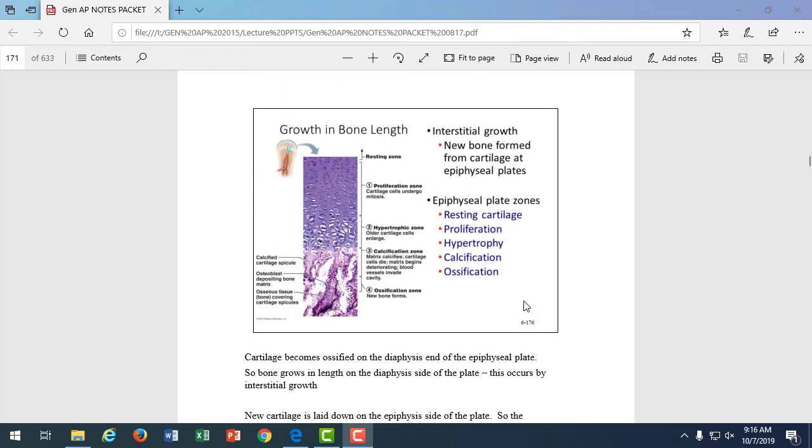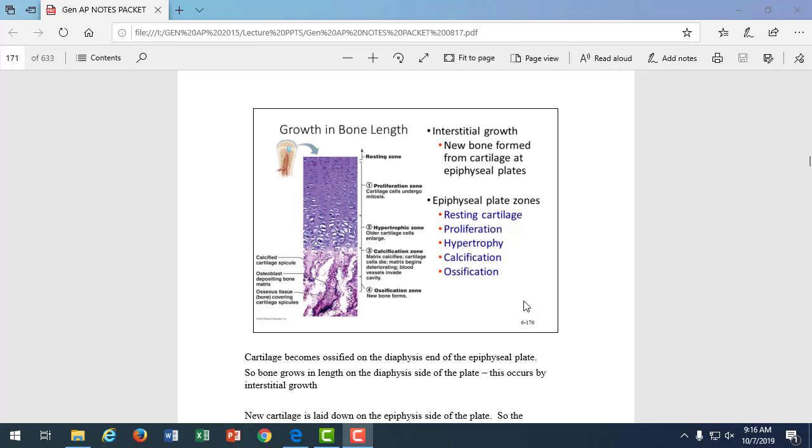All right, so we finished off last time talking about types of ossification, how bones develop from early fetal development until the time the baby is born. And we talked about intramembranous ossification and endochondral ossification. The major difference is the starting material, right? We talked about the starting material for intramembranous is a connective tissue membrane, and the starting material for endochondral is,